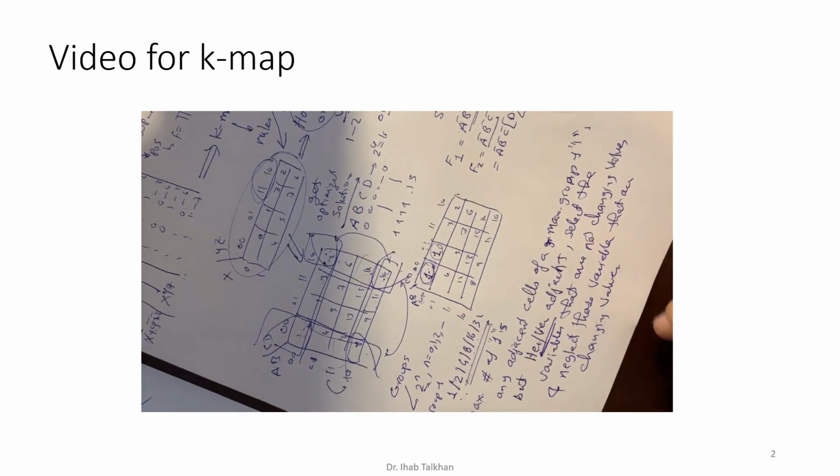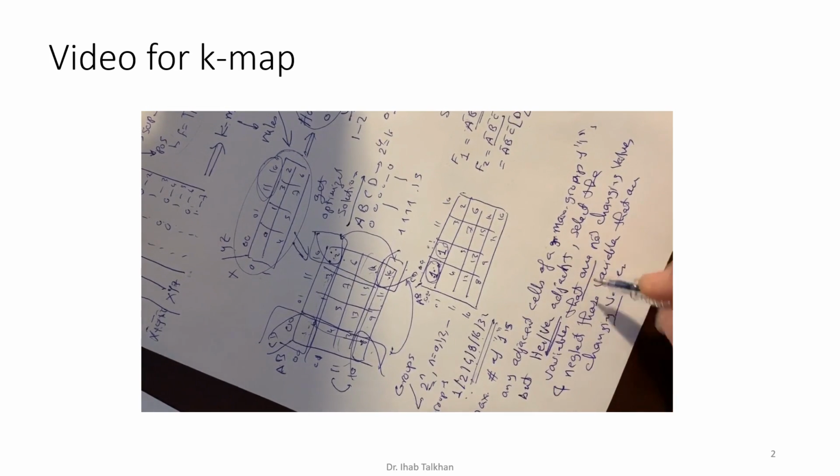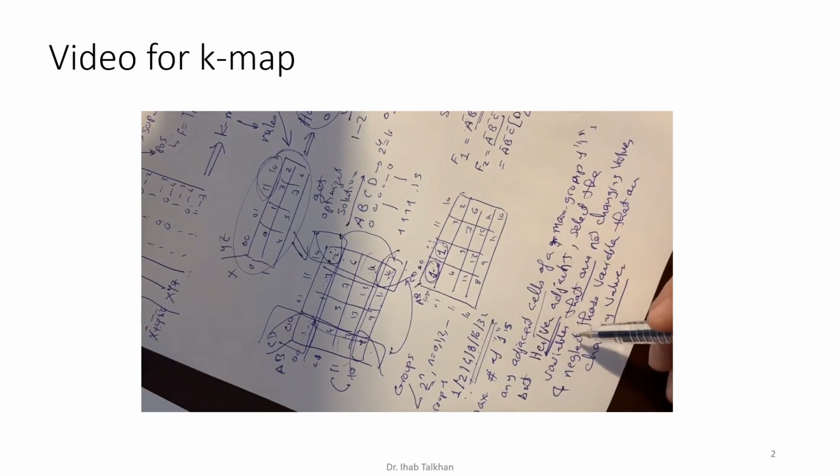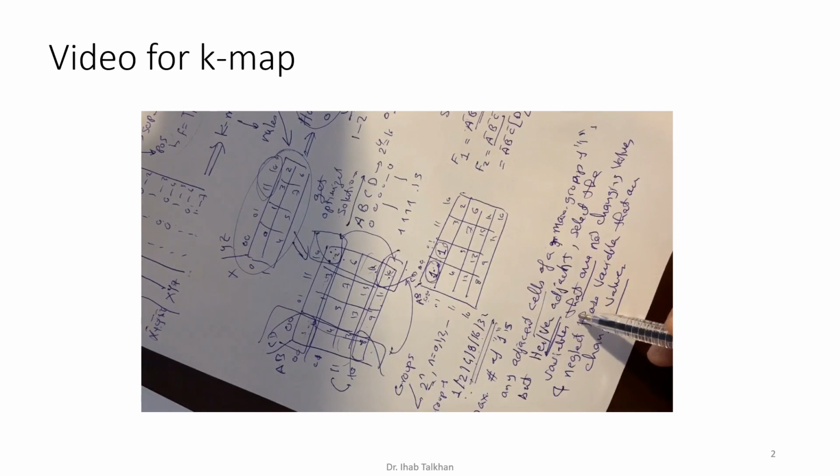Any changing variable, ignore it at once. Again, you have to take adjacent groups, horizontal or vertical, of the maximum number of ones. At the same time, select only variables that are not changing values, and neglect all variables